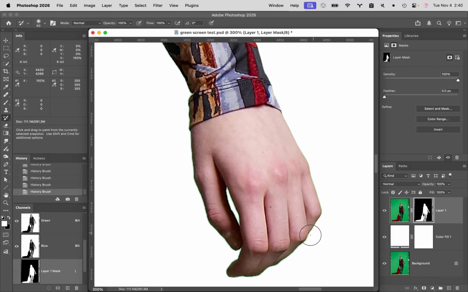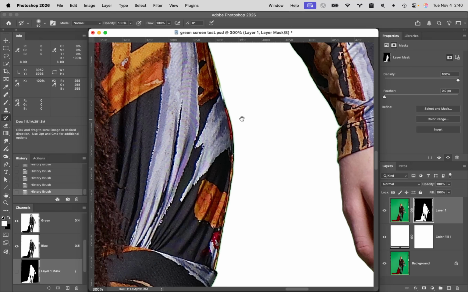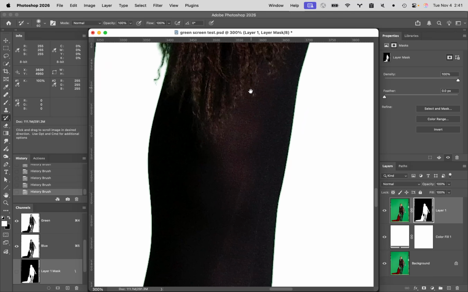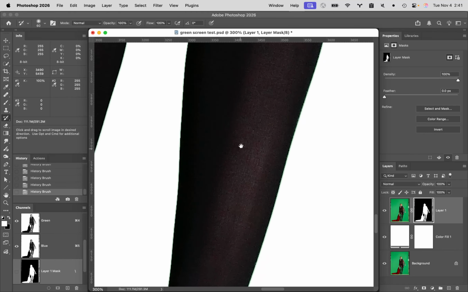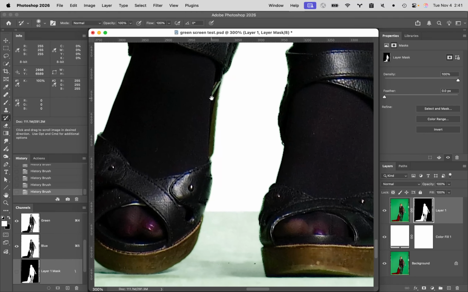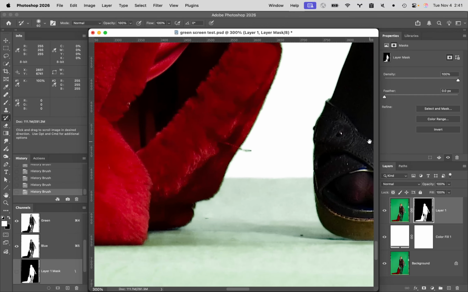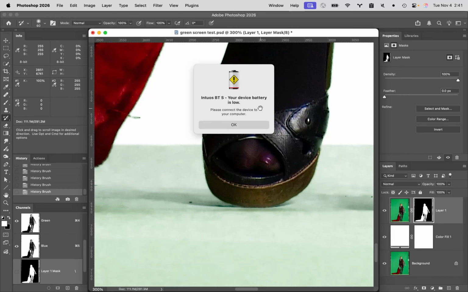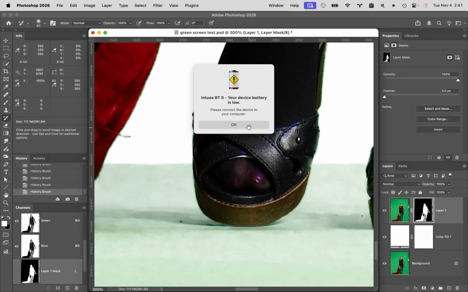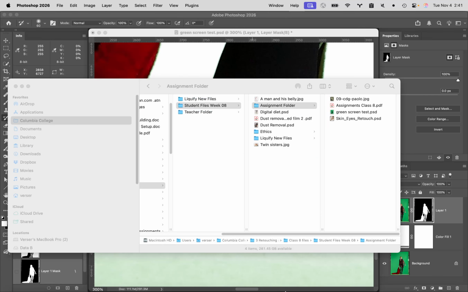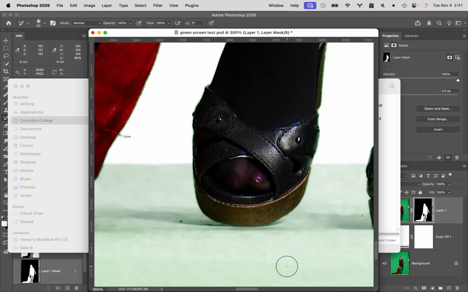I'm going to get rid of all of that. And I'm going to do the other side as well. That part all looks good. The stockings look good. All of that looks pretty good down until I get down to her feet. So when I get down to her feet, the dreaded battery low. So I'm going to do the rest of this. So to fix this part,